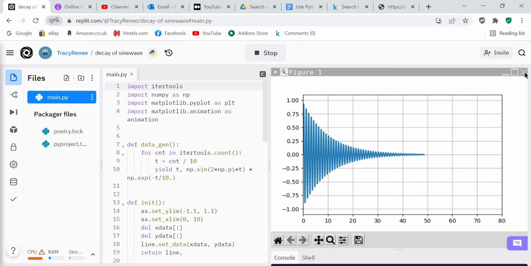I got this code review from the matplotlib library, the documentation for that, which it's only within the last few days that I have discovered that you can animate your files with matplotlib. So what I'm going to do right now is it's finished. So I'm going to stop it,